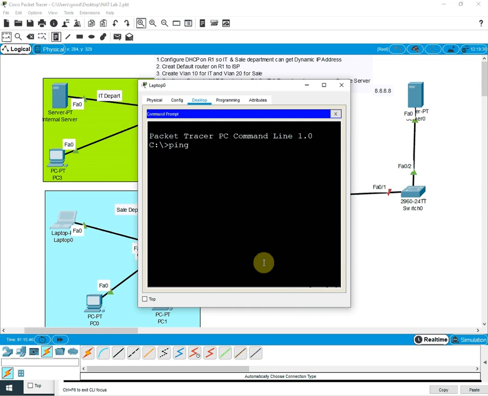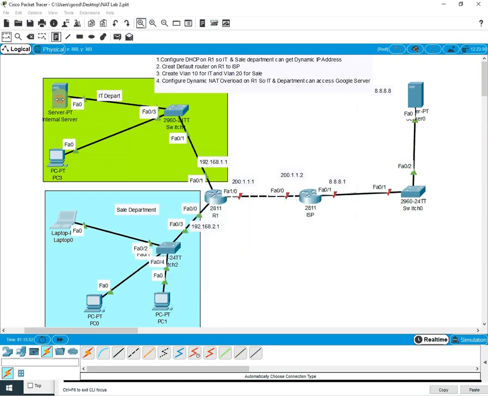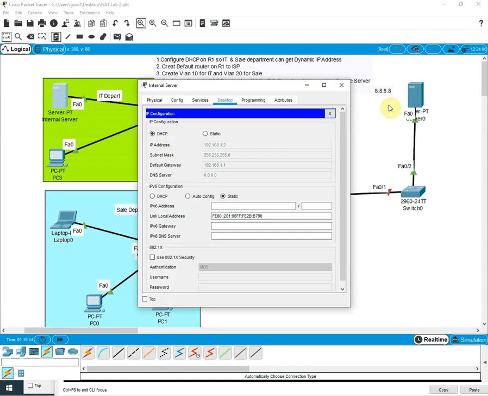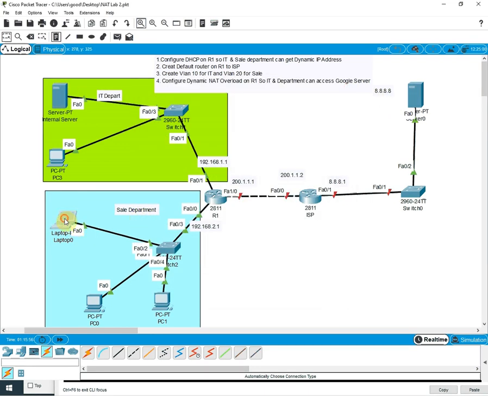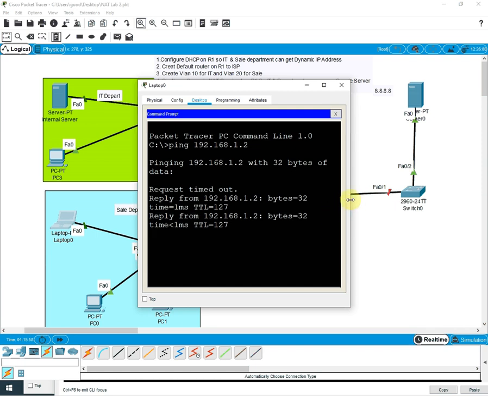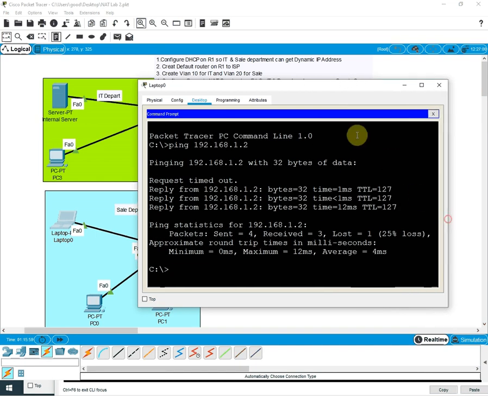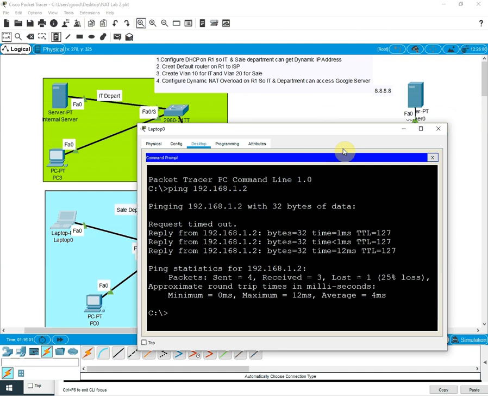Okay, so let's see here. I will do ping 192.168.1.2. This one is 1.2, right? Let's see, 1.2. Yeah, so this PC is having the IP address. See, reply is coming. So why is the reply coming? Can anyone tell? Because we done inter VLAN. In other words, this is inter VLAN.